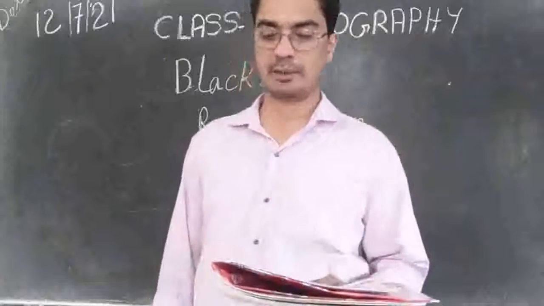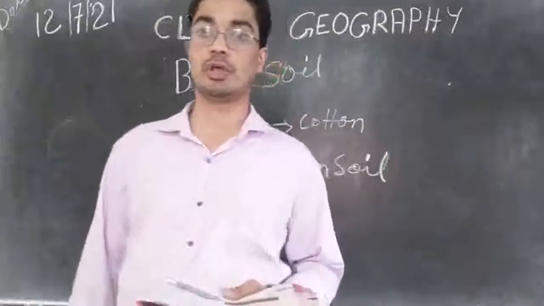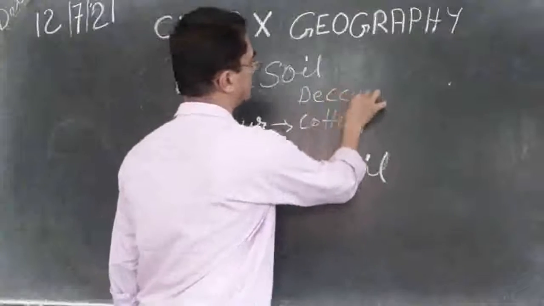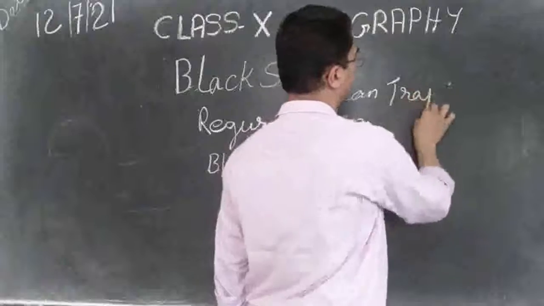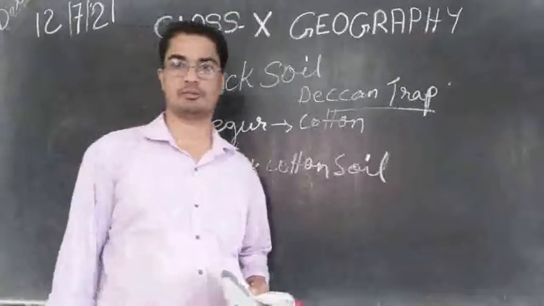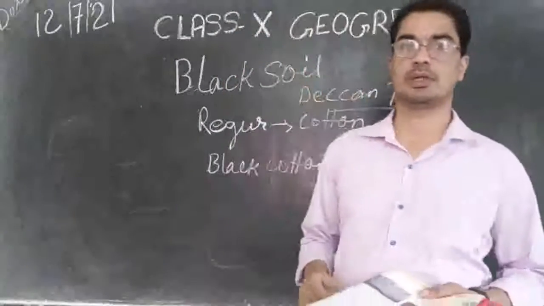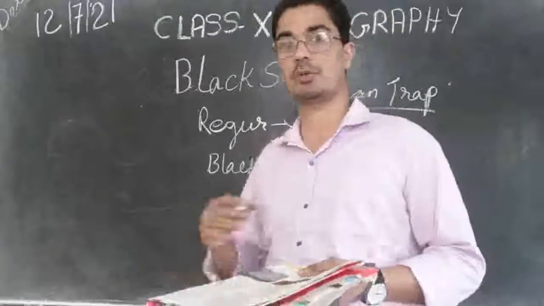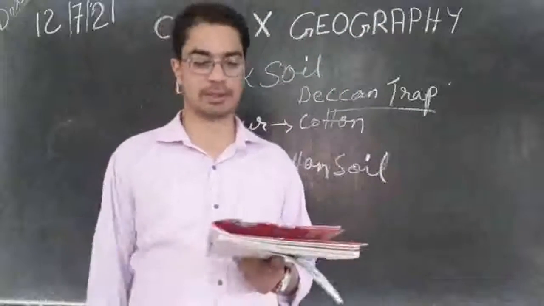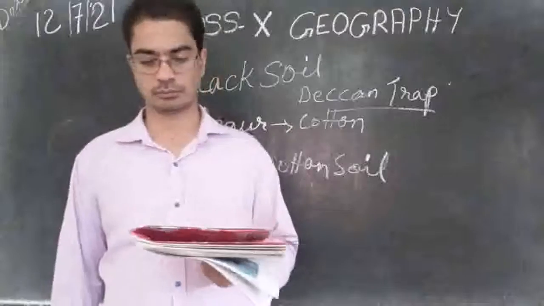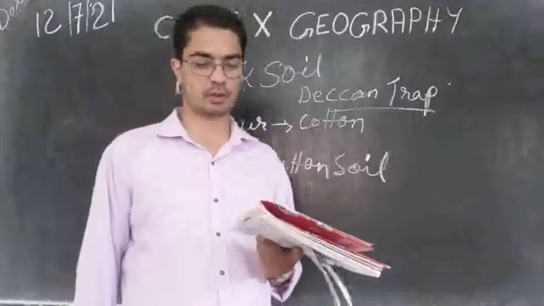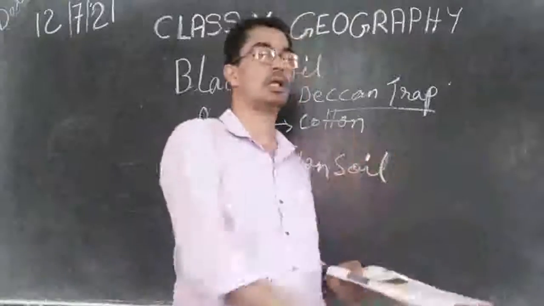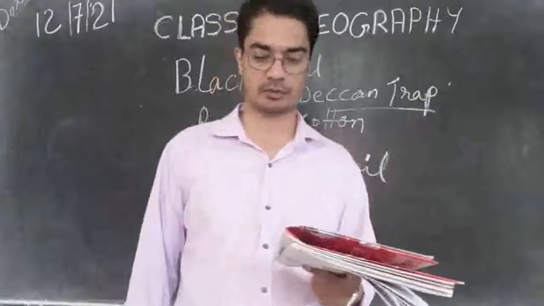Then this type of soil is typical of the Deccan Tract. So this black soil is very typical in Deccan. We find them in the area called Deccan Tract. We studied already about the Deccan Plateau. So in the Deccan Plateau where this black soil is found, that area is known as Deccan Tract. This black soil is mostly found in the area called Deccan Tract, and it is spread over the northwest Deccan Plateau. In the northwestern part of this Deccan Plateau, we find this place called Deccan Tract, where this black soil is formed,